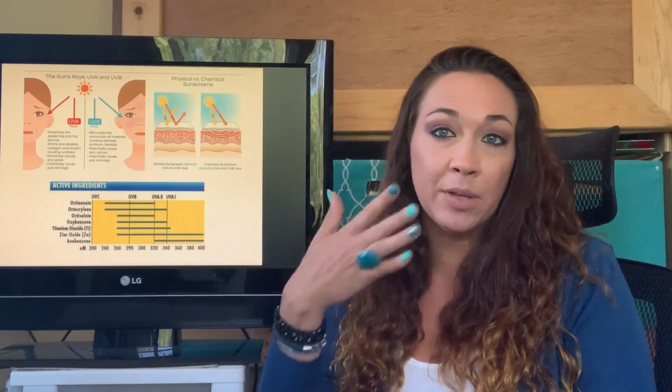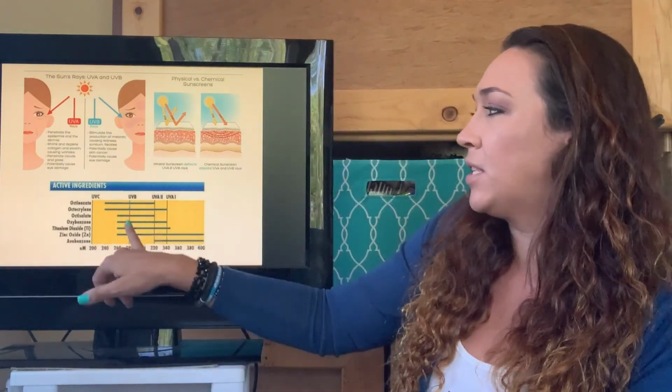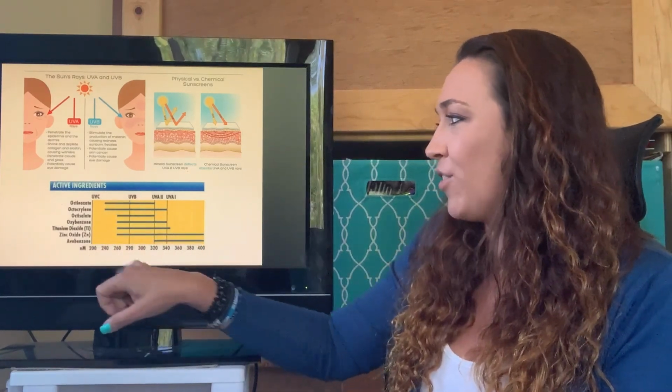All right, so remember that the UVAs, that's going to be the actual skin cancer, like damaging one. UVB, that's going to be like signs of aging and stuff like that. Now, a lot of these do cover both UVA and UVB. The best one, however, is the Zinc Oxide.